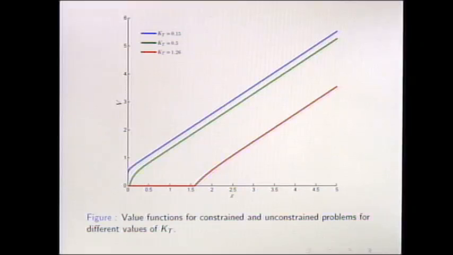And these are the value functions for different right-hand side. So the blue line is the value function without the constraint. If t is a little bit bigger, then this is going to be the value function. And here, for example, the value function is 0. In this region the problem is infeasible. So it only makes sense for x to be from this point on to have a finite solution.